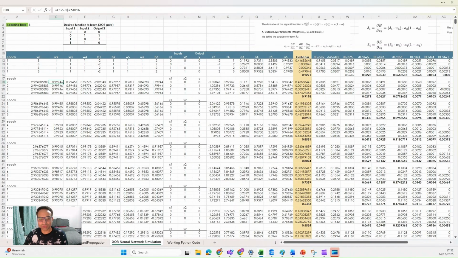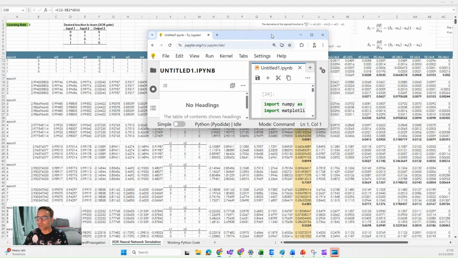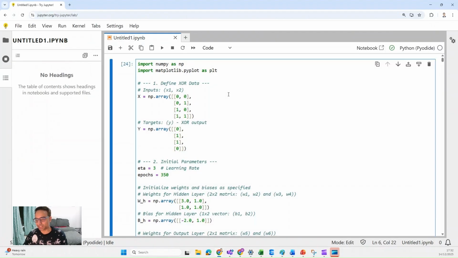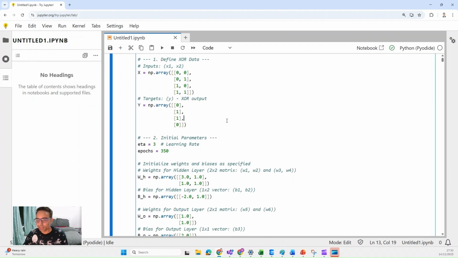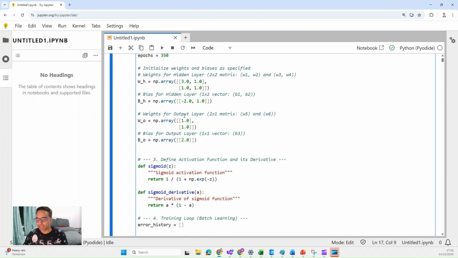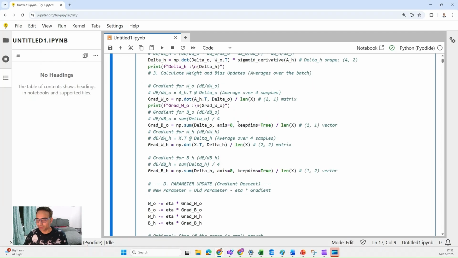I want to show you a working Python code, which you can see on my screen. This is the same code which I will share in case you're interested. So you can see here, these are our inputs. This is our desired output. Same 350 epochs. Learning rate I have kept 3, same as Excel. Initial weights and bias I have kept the same. And you can see here where